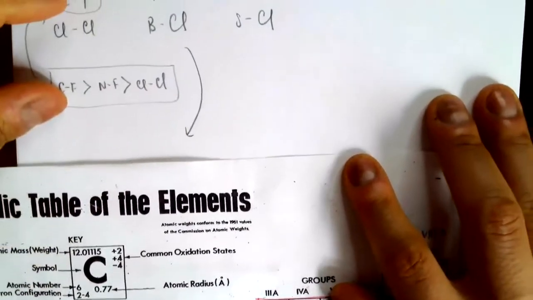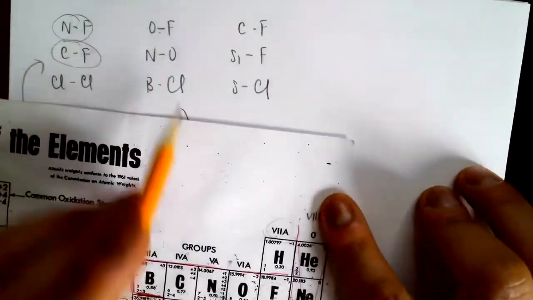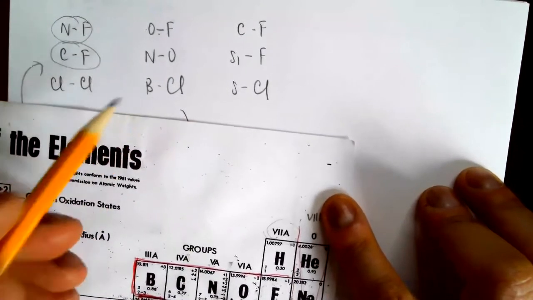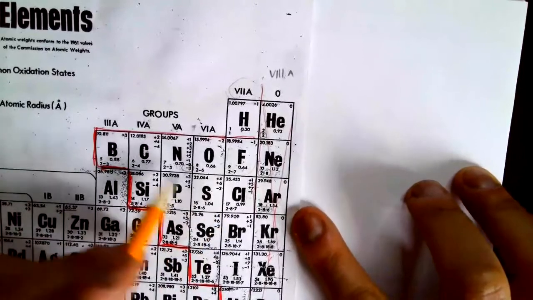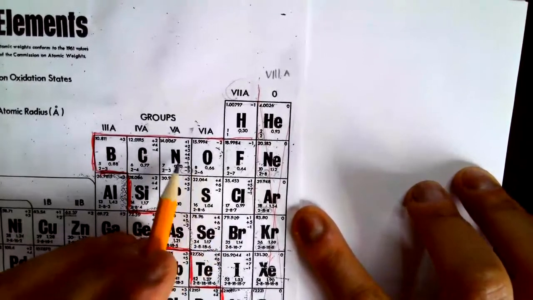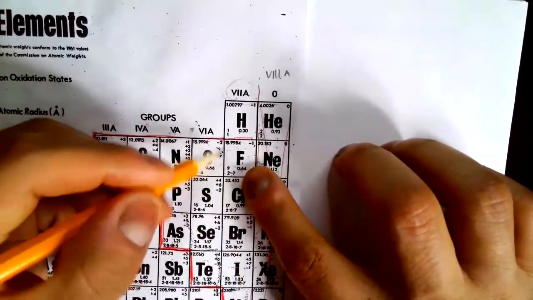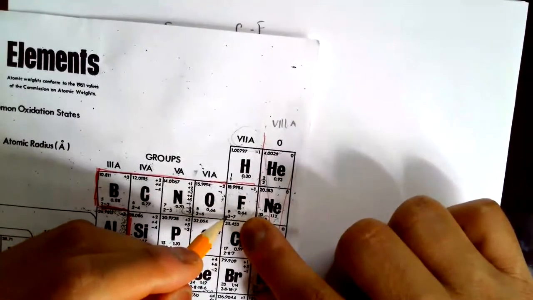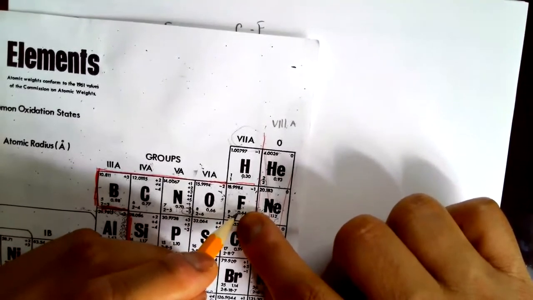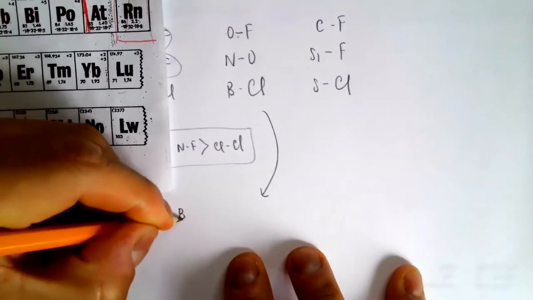In this other group, I have oxygen, fluorine, which are right next to each other. Nitrogen, oxygen are also next to each other. Boron, chlorine is my most polar, because there's a huge difference. Nitrogen, oxygen and oxygen, fluorine are the closest, but fluorine is super electronegative, the most electronegative. So I would say that the most polar would be BCl,